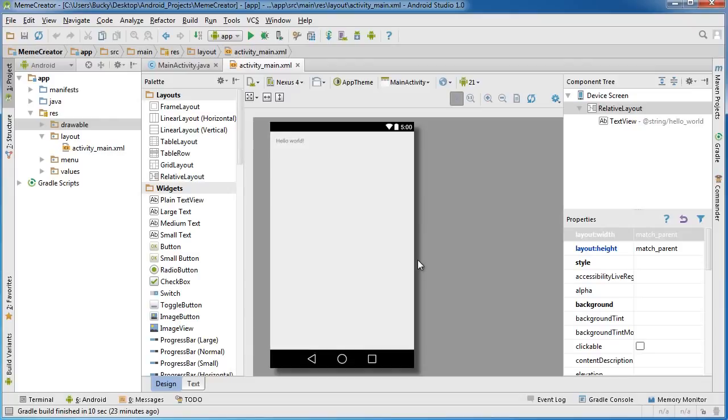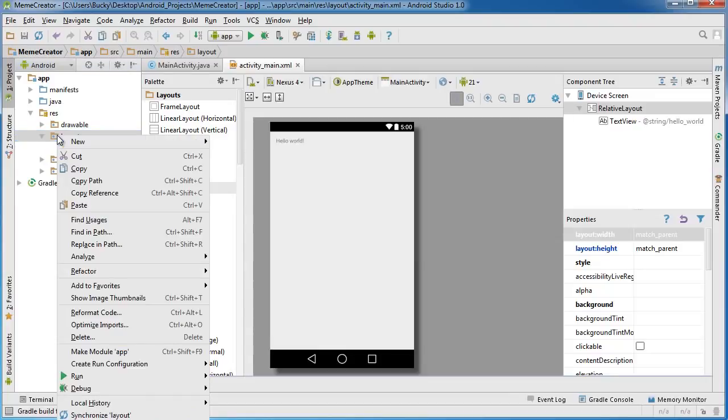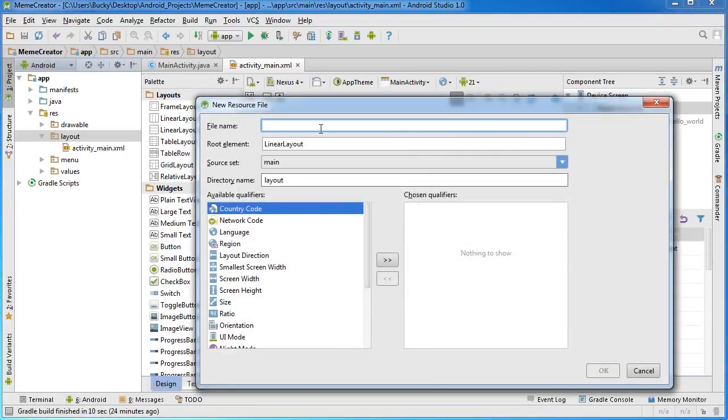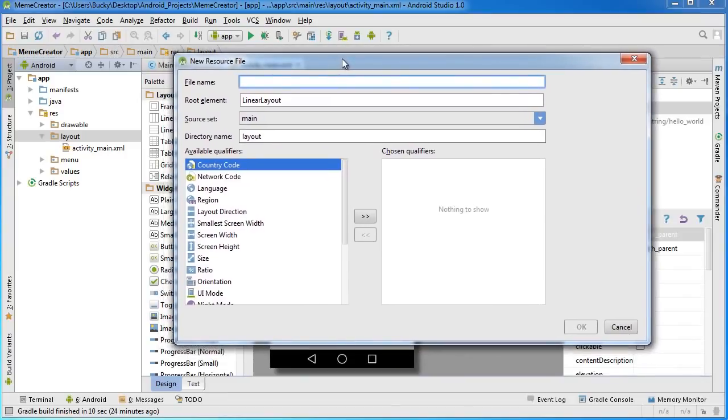So anyways, in order to create a fragment, this is what you do. The first thing I'm going to do is create that XML file. So if you go to your layout right here and you right click it and choose new layout resource file, this is pretty much just saying create a new XML file. So I'm going to say OK, click that. And what do you want your layout or XML file to be named? I'm just going to name mine top section